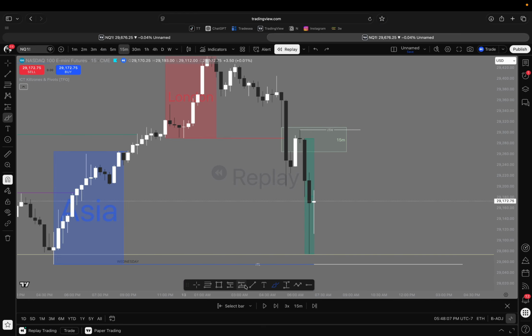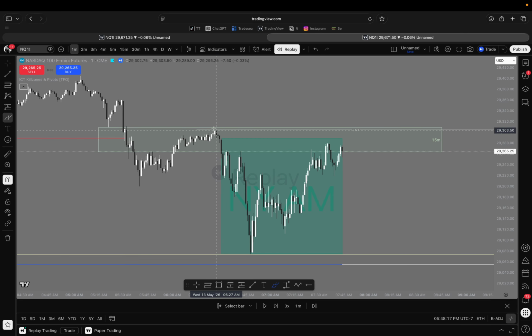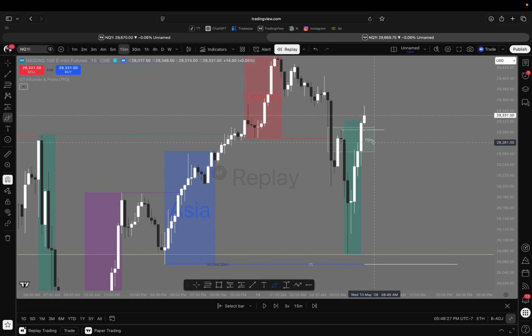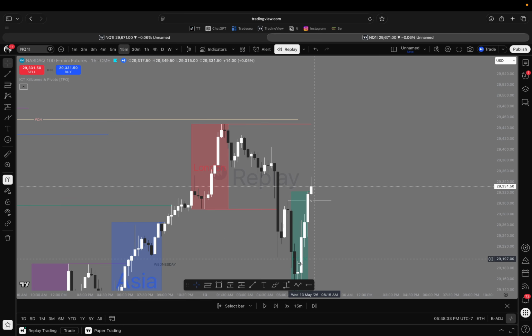Now, what does that look like? Let's skip through. Price comes, taps this gap. There might have been traders taking shorts here, but what do we know? That this is the intermediate high sitting inside the 15-minute gap, and we're likely going to take that out. Right? Price takes that, go back to the 15-minute, we inverse this 15-minute gap, disrespecting it. And so, what can we expect? Price to continue delivering higher to this low resistance liquidity